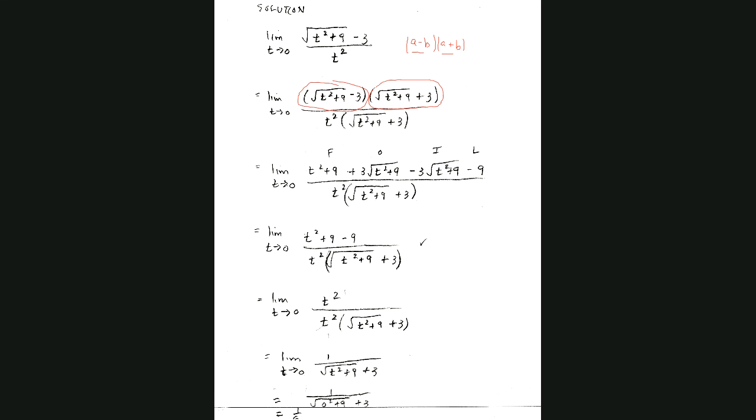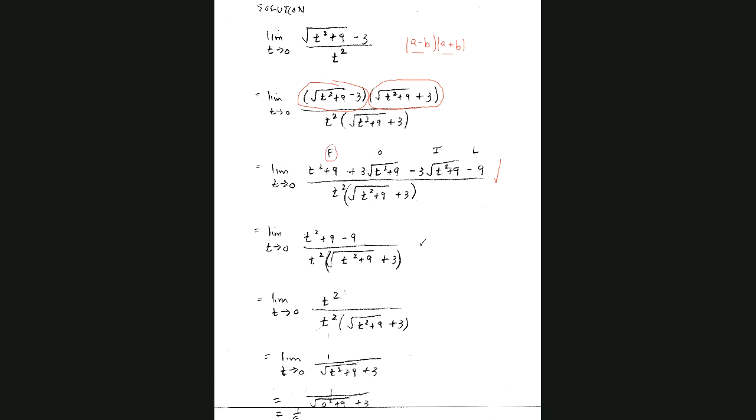Okay, so in step 3, I did the FOIL in the numerator. I left the denominator alone, but I did the FOIL in the numerator. And this is what I'm going to expect to see on your exam, this work. Are there any questions on the FOIL? How we got